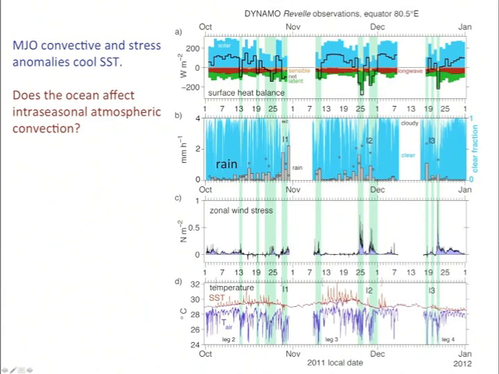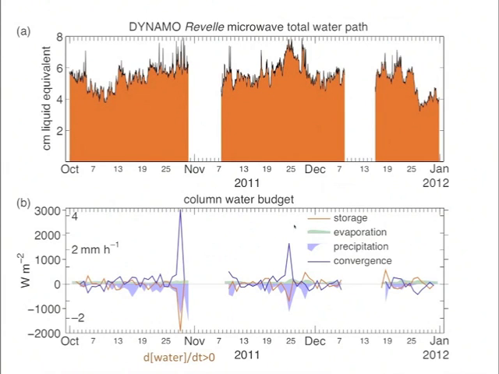Also, probably more related to the convection than the SST directly, you get these strong cold pool surges of cold air over the sea surface in the negative flux days, the cooling days where the ocean is cooling. All right, so